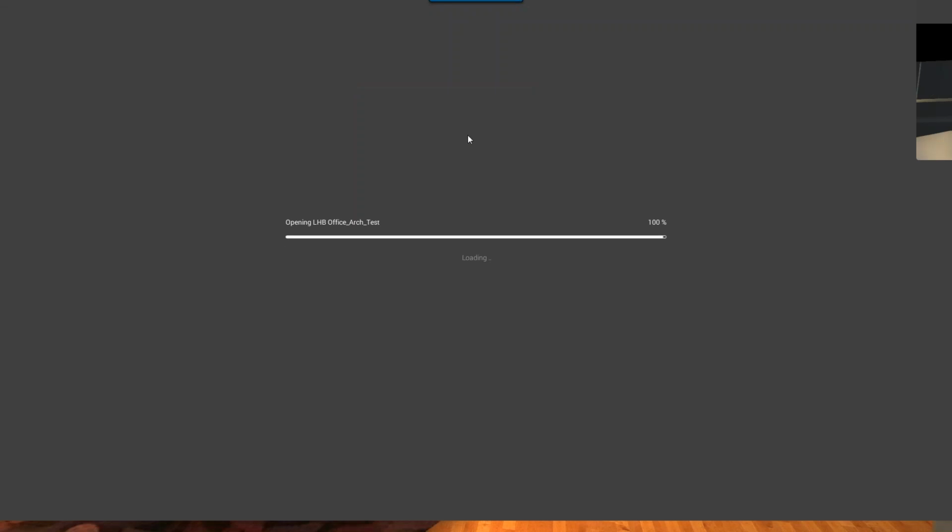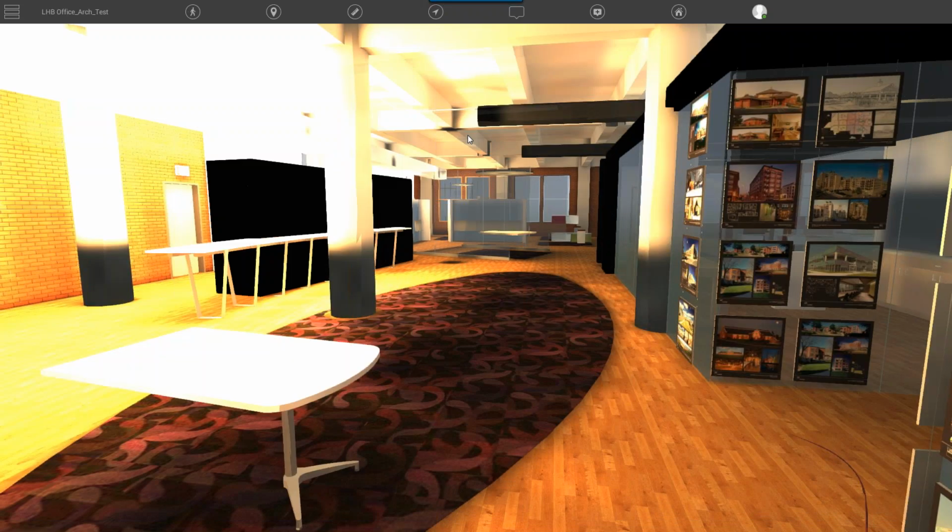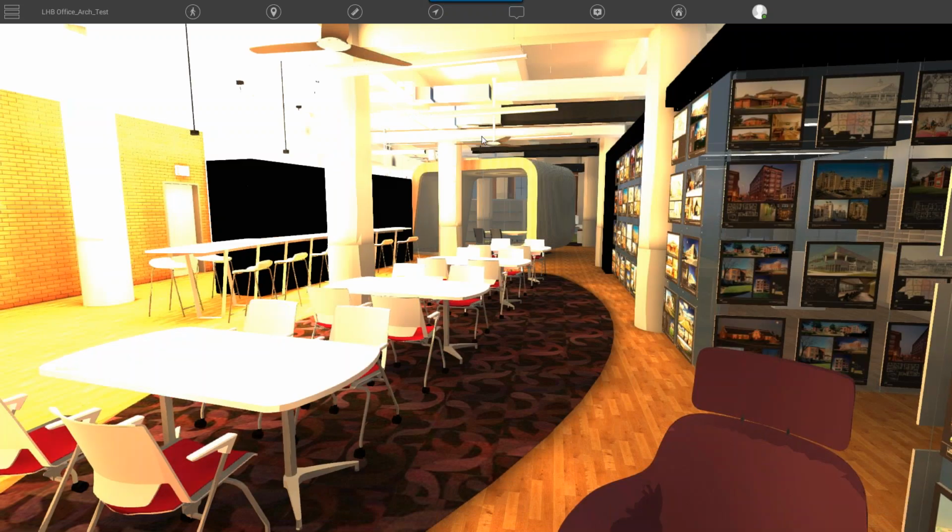So I'll load up the LHB office again. For those who didn't connect right away at the beginning, you might have missed that. In my first example, I loaded up this version of our Minneapolis office. Let me switch to fly mode, and then you can actually go up.